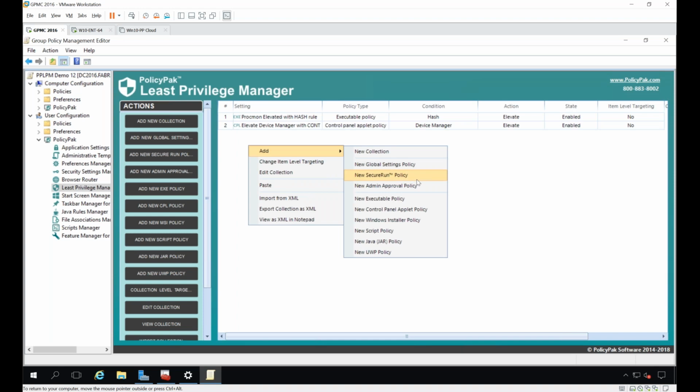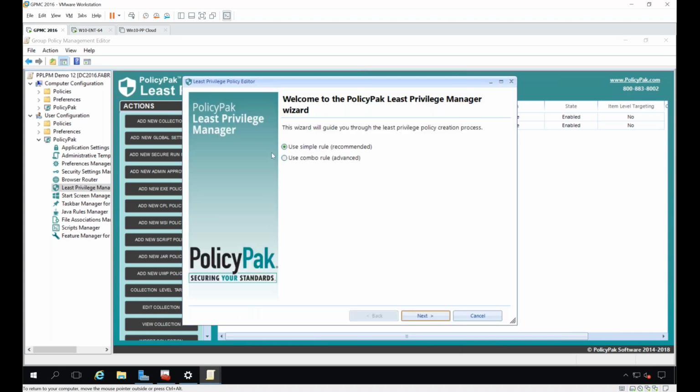Now, we don't want Skype itself to run as an admin. That's too much power. What we just want is a Skype installer. So we know that's a Windows installer policy. But then we don't want to just give it a name like Skype installer.msi, because if the bad guys run that, then they're running with admin rights. So we don't want that.